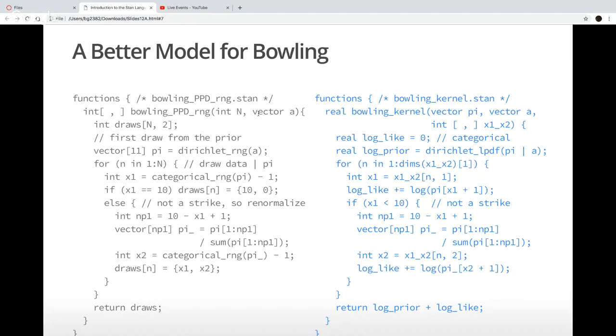I've got my exogenous knowns, which is my hyper shape parameters that go into the Dirichlet prior, and then the exogenous unknown, the ability of the bowler to knock down a lot of pins, is pi. And then conditional on that realization of pi, I can get a realization of observable data.